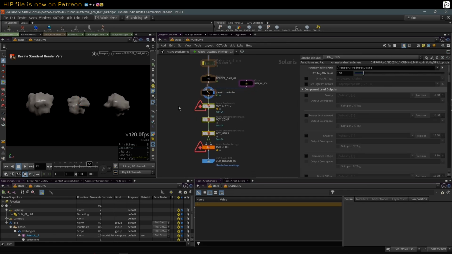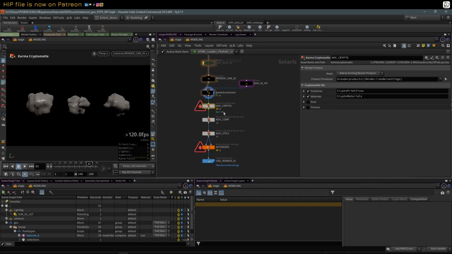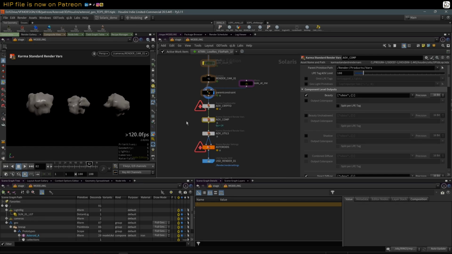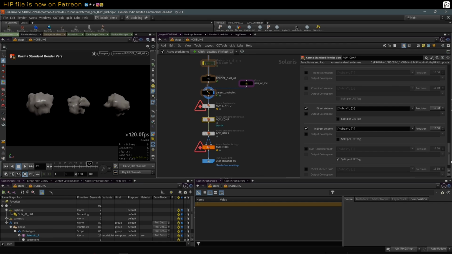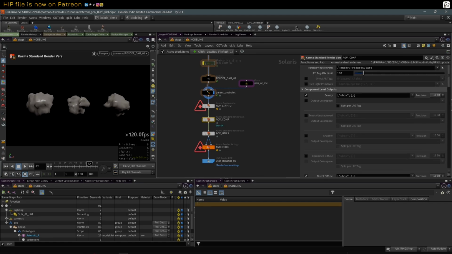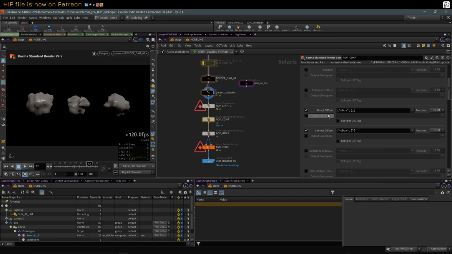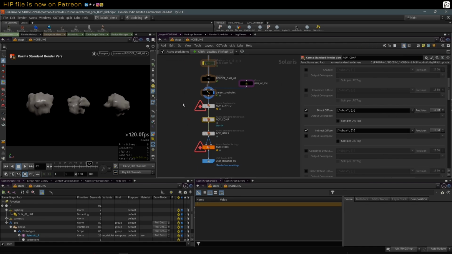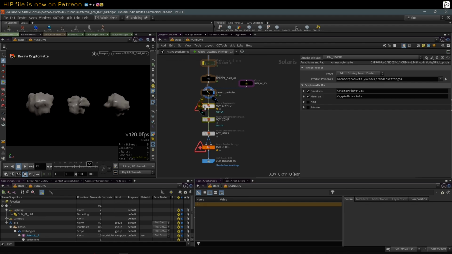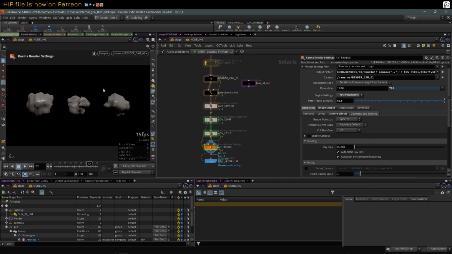And then again, I've created some KarmaXPU AOVs, and I've done the crypto mat, and I've created one called comp and utils. The comp is usually what I define as the set I use when I break down the render and rebuild it in comp. I use things like the direct volume and indirect volume as two separate passes, and extract things like the direct diffuse and the indirect diffuse. Depends what I need for the project. Because this is just in the modeling stage, it's not really that important. But I sometimes have these active when I'm doing the look development because they're very good for peeking at the render and having a look. So if we hit render now,